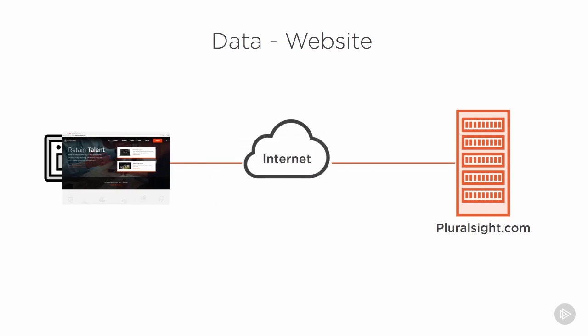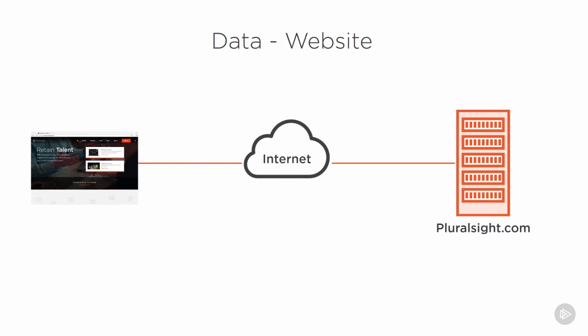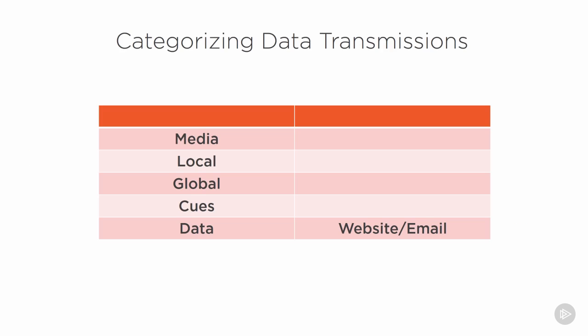It is literally a document, like a Microsoft Word document or an Excel spreadsheet. The website that we're getting from Pluralsight.com is a document that we're downloading so that we can view it on our local workstation. So the data here is our website. In order to get that website, though, we have to have these cues like we do in our conversation. We have to have a way of setting up the conversation, of maintaining the conversation, and tearing down the conversation when it's over. So in this case, we need some mechanism to do that in networking, and that mechanism we use